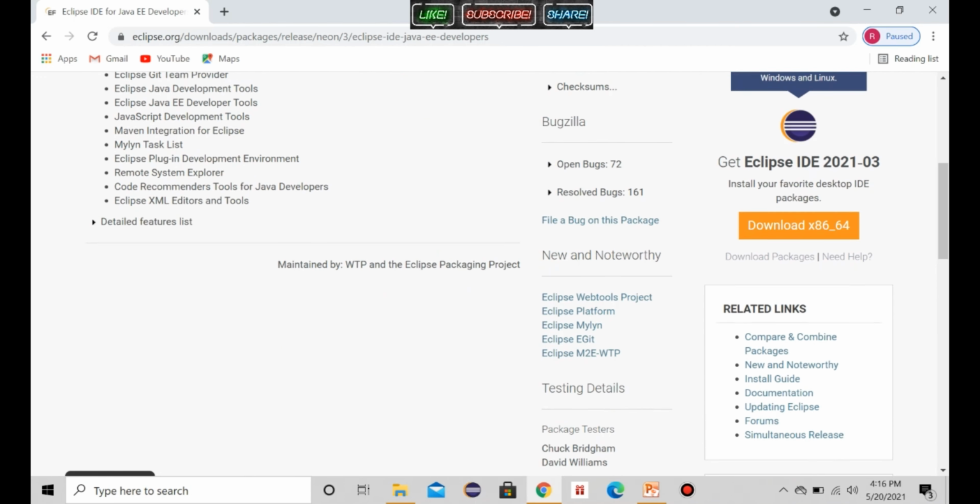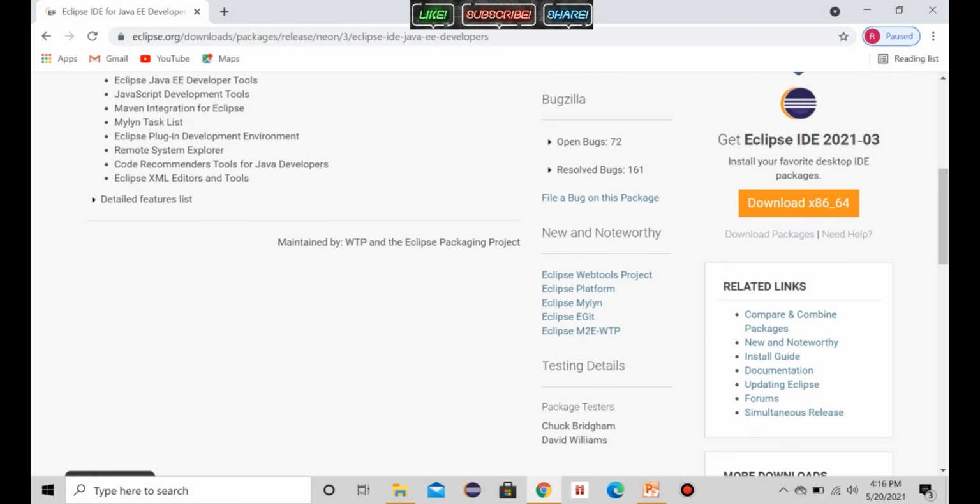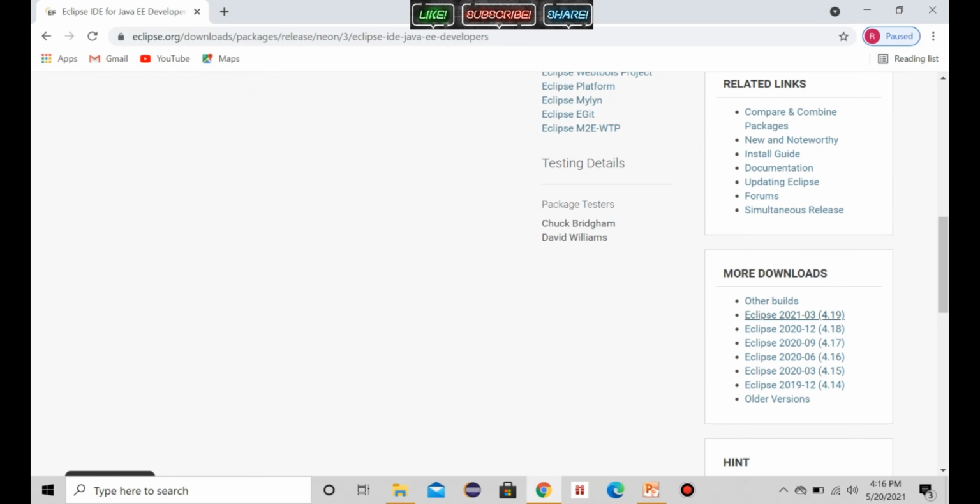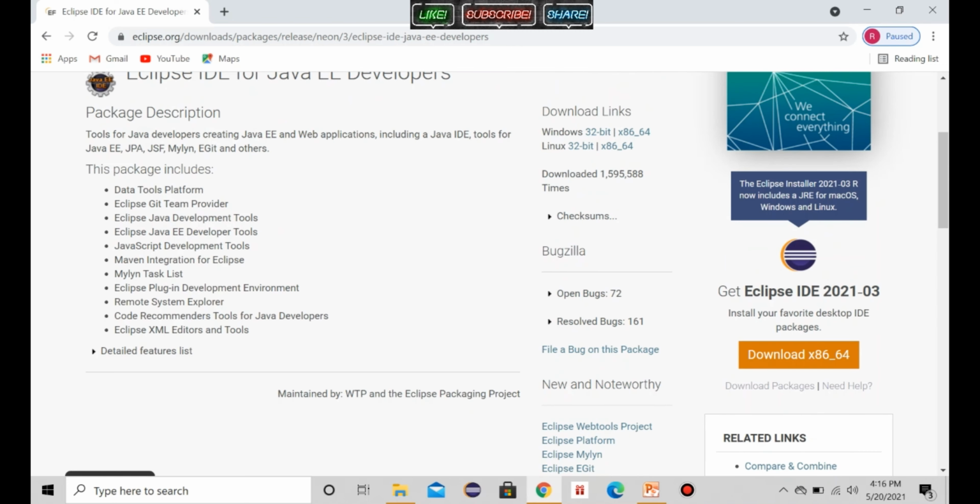It will go to the Eclipse website. Many downloads are there, so you can always go with the newest one. Based on Windows 64-bit, you can download the proper package here, and once it starts, it will take some time to download.